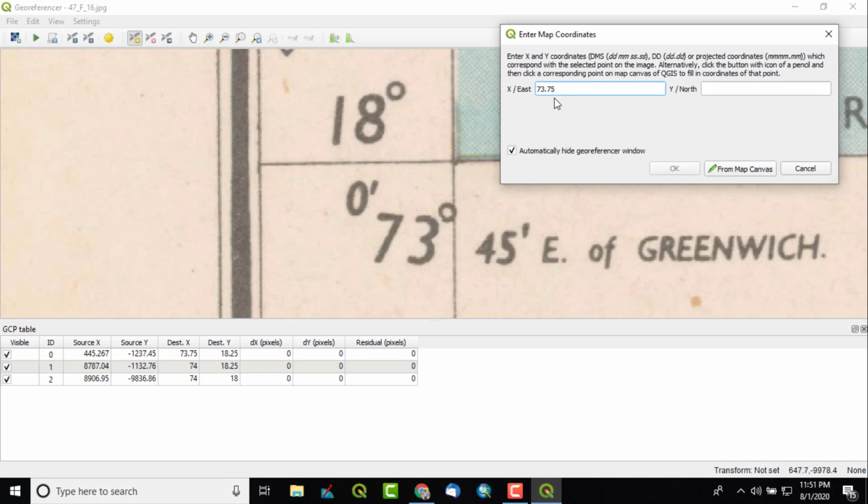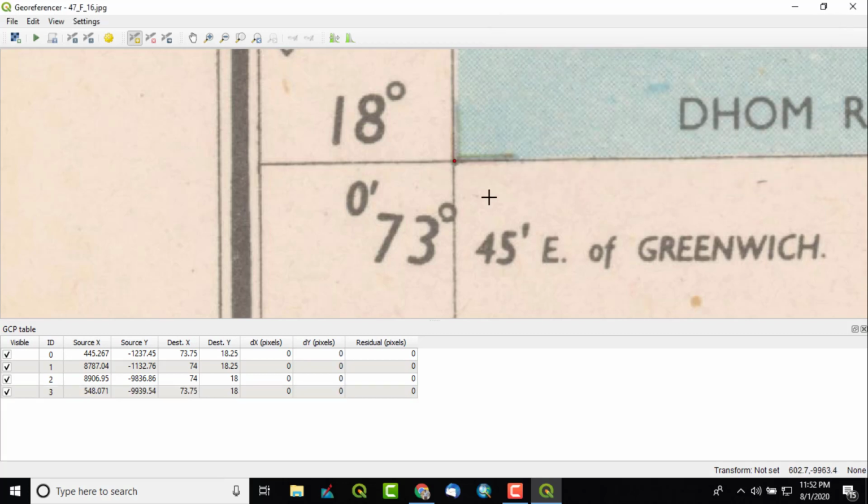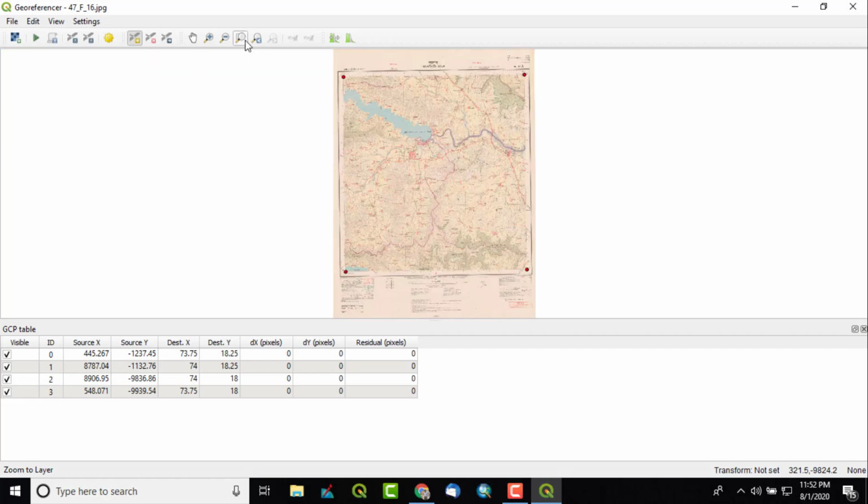If it is 45, it will come to 75 as a fraction out of 60, and 18.0 will remain as it is because it's a horizontal latitude line. And let's just click on OK. So we have given all the 4 points. Again I will click on zoom to layer. So these 4 points we have taken.